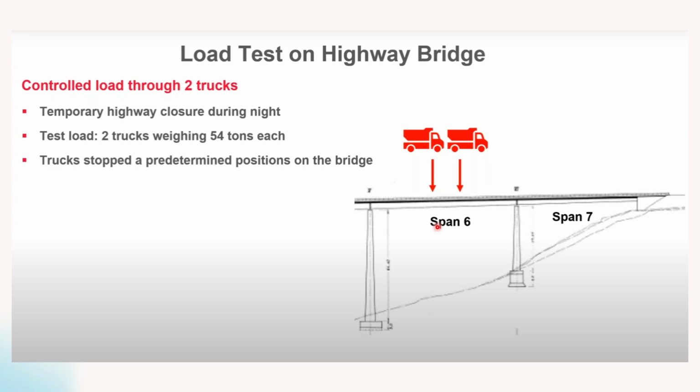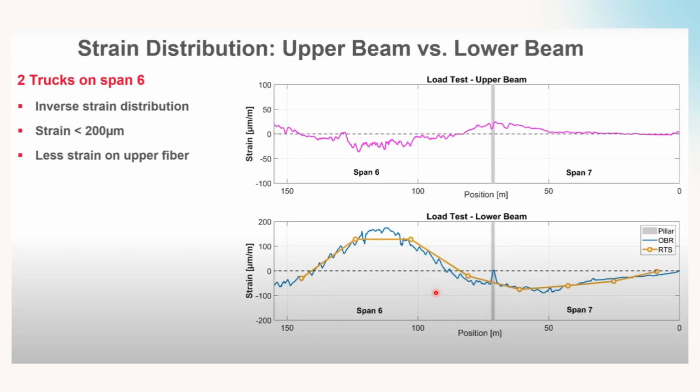The load test on the highway bridge in real time, the controlled load through two trucks, with temporary highway closure during night. The test load is two trucks weighing 54 tons each. Trucks stopped at a position on the bridge to monitor each span, like we have span 6 and span 7, the strain